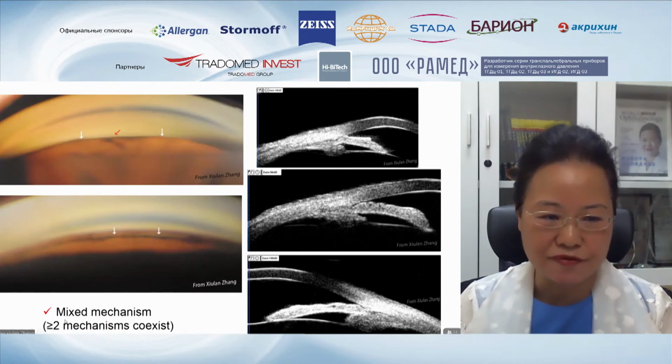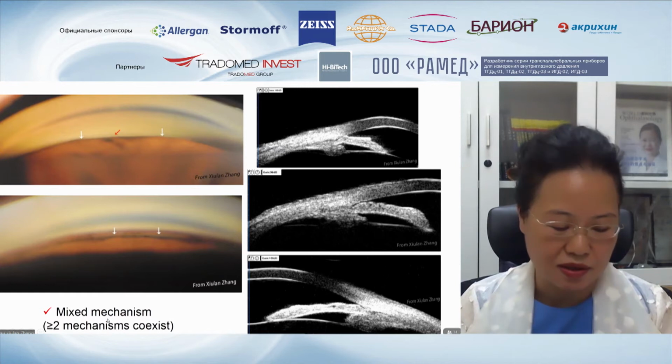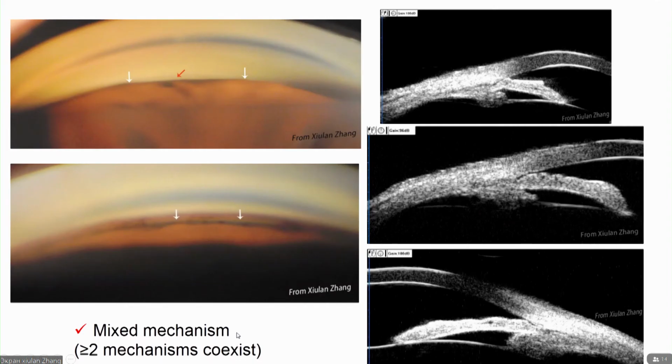Or it can result from a mixed mechanism, which combines two or more situations, such as iris bombé plus plateau iris configuration, iris bombé plus a thicker peripheral iris, or iris bombé plus an anteriorly rotated ciliary